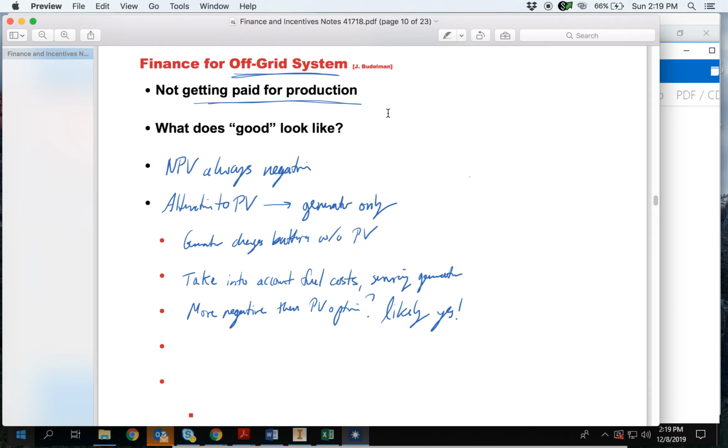So what good looks like would be if you're comparing two systems like you are. You have one that's ground mount and one that's on the roof for your assignment. Then you are going to choose the one that has the least negative NPV. Okay, so the smaller negative NPV would be the better investment. All right, so